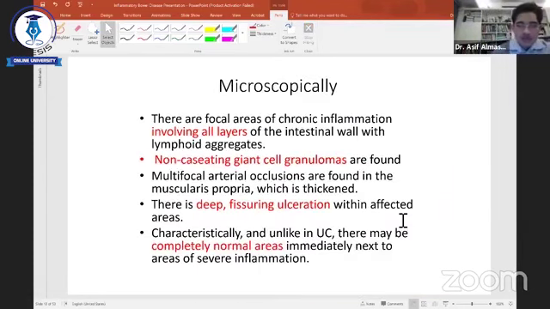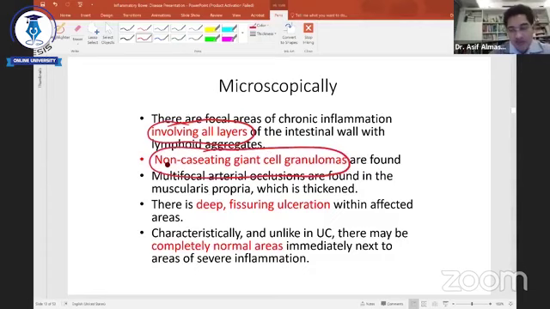Now, microscopically, this chronic inflammation involves all layers. All layers, very important. But the most important thing is non-caseating giant cell granulomas are present. This is very, very important. Remember this. This is the most important feature that is necessary to diagnose Crohn's disease, that non-caseating giant cell